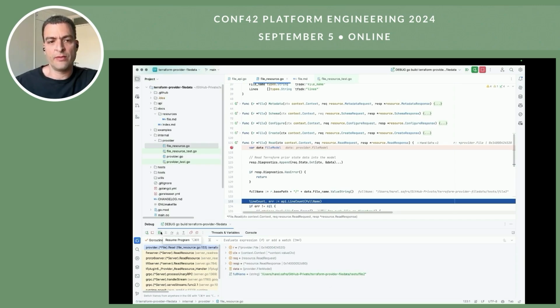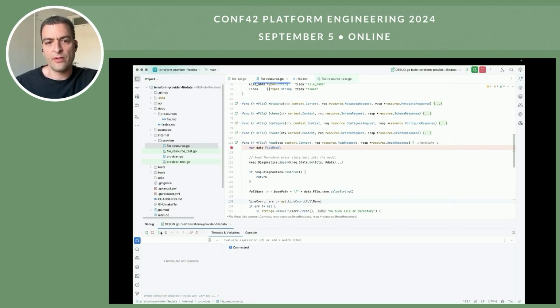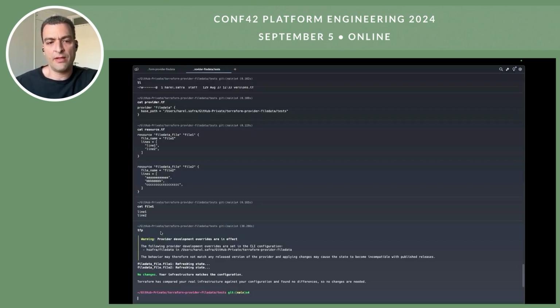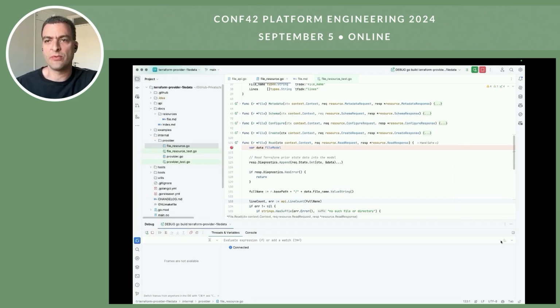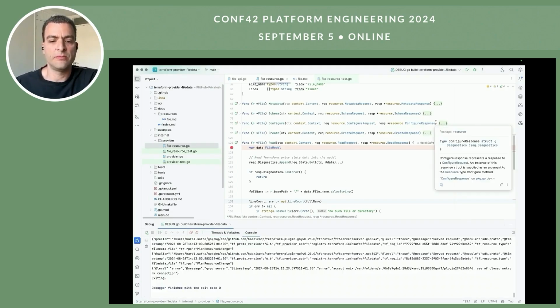If we resume the program again, it will continue running, and then it will end and refresh the state. You can see that it refreshes the state and the read operation. And in this case, there's no change in the file, so there are no changes in infrastructure. When you're done with that, obviously, you want to stop the debugger, and then we can go back to the